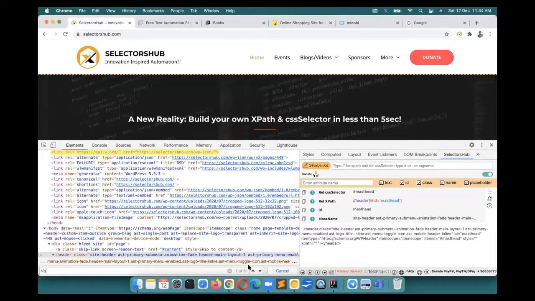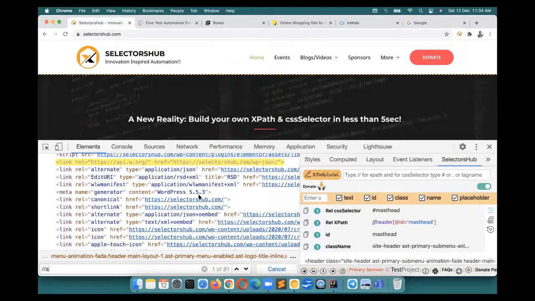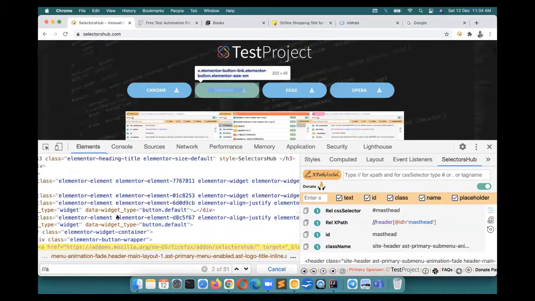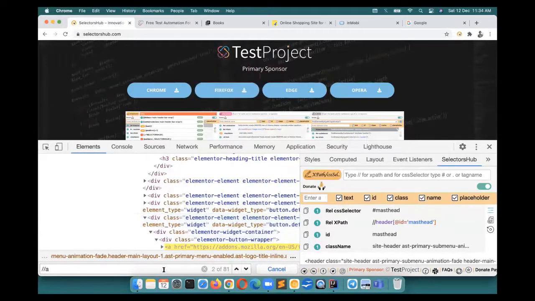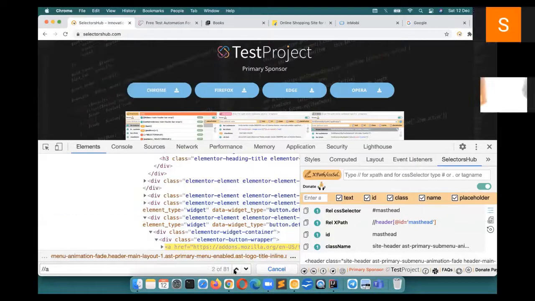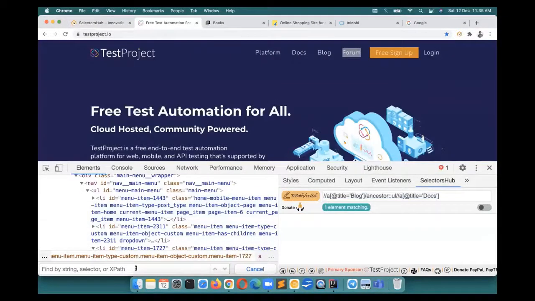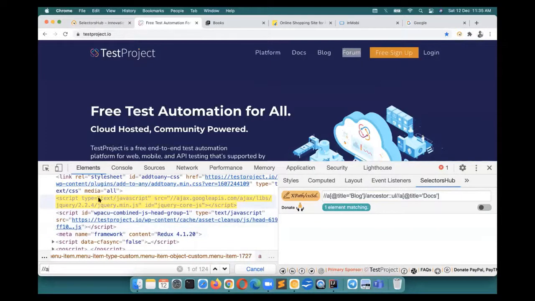But actually there are not 81 links on this page. You see, it is also matching //a where there is no link. This is basically string matching here. It is not a tag. It is not an anchor tag, which is what a link is. So the reason here is that this is not a link. It is showing a match, but it's not a link tag, not an anchor tag. Let me take a different example over here. You see here, this is not an anchor tag, but still it is showing as a matching node here. Why? Because //a is matching here.